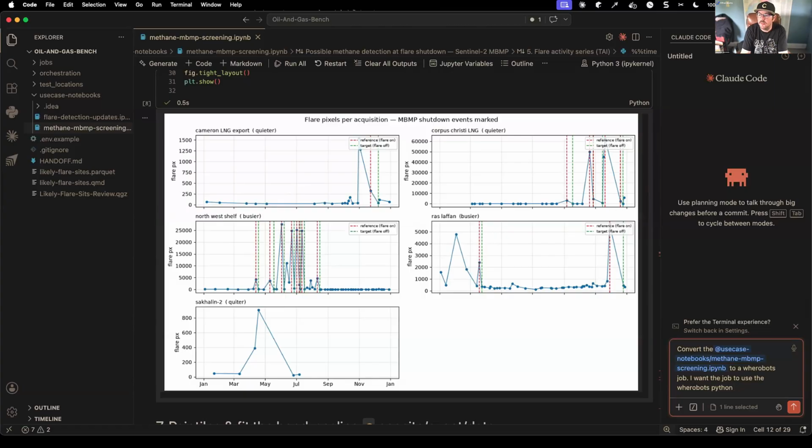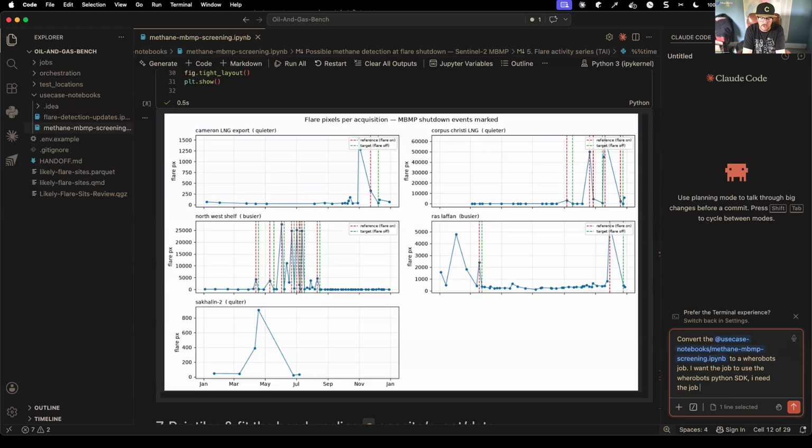And so I'm just going to ask Claude here to convert this use case notebook, the Methane MBMP screening, to a Wherobots job. I run Airflow, but I really prefer Python in general. So I'm going to pretend that I don't have access to Airflow, and I'm going to ask it to orchestrate a job. I want the job to use the Wherobots Python SDK. I need the job script and